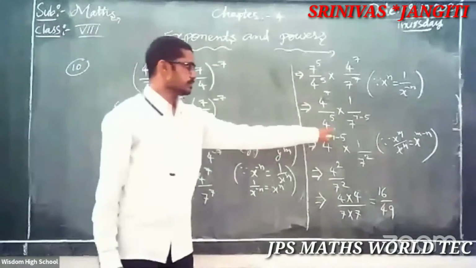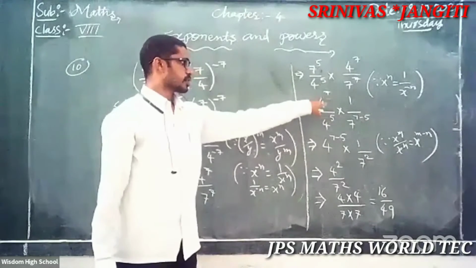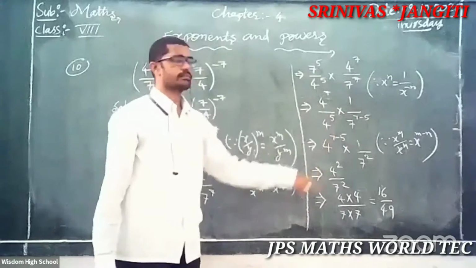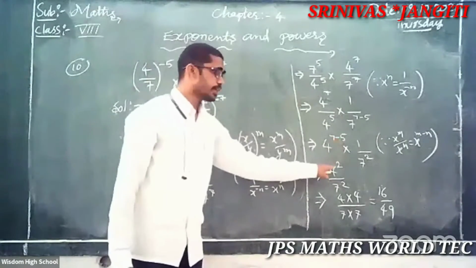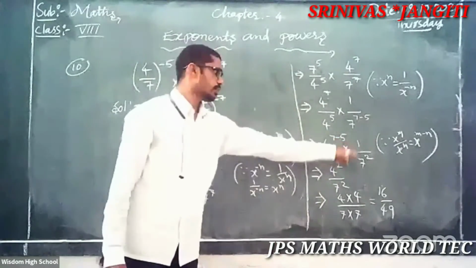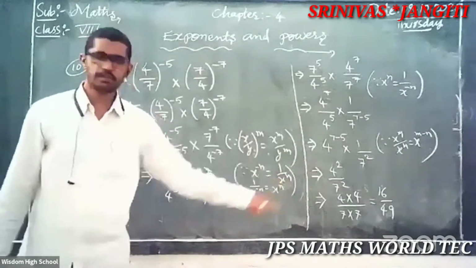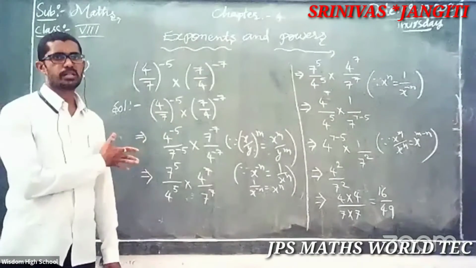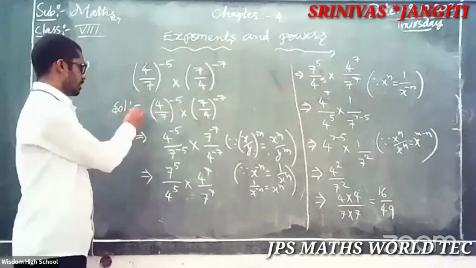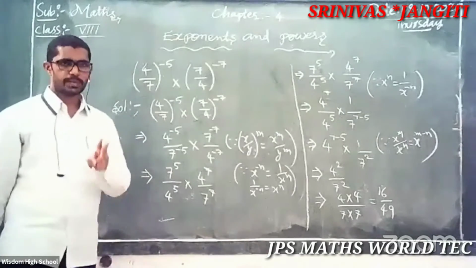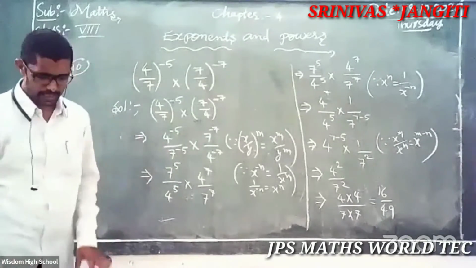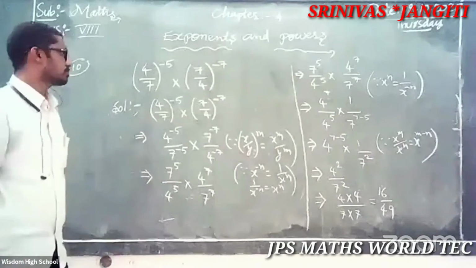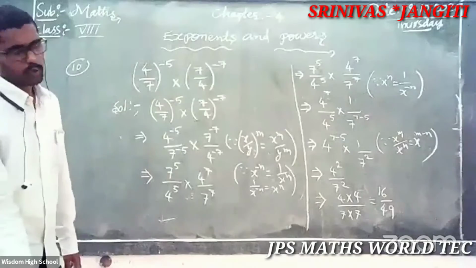Or it's looking like x to the power of m by x to the power of n, then x to the power of m minus n. That's only 4 to the power of 7 minus 5. What do you get? 4 square. Here down, 7 square. 4 square means 16, 7 square means 49. So simple. Clear? Looking big, but so simple. That's why I explained two methods. Whichever you feel is easy, that one will be fun. Okay? Choice is yours. Come on, note down. So simple. Okay? Right.